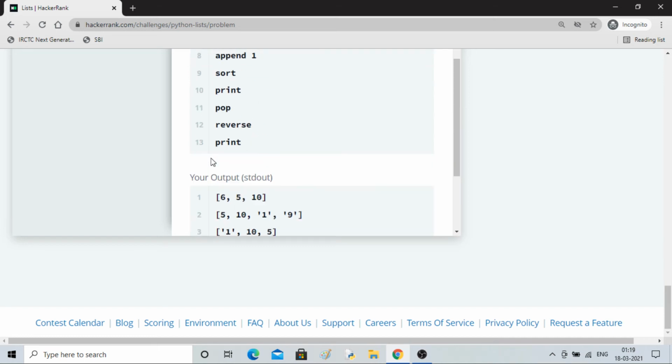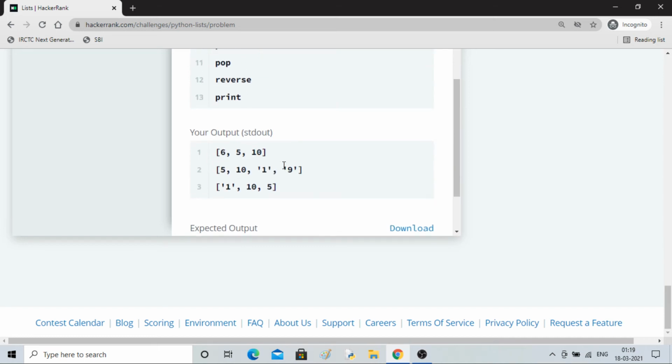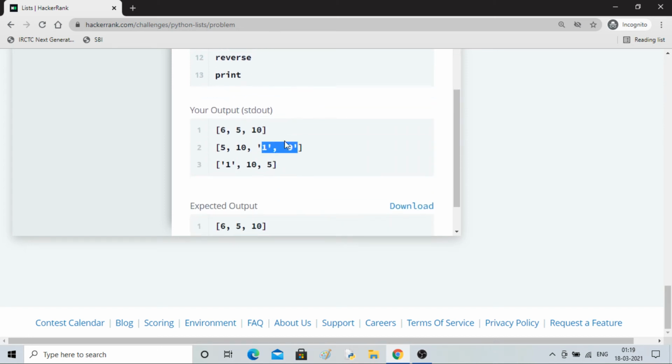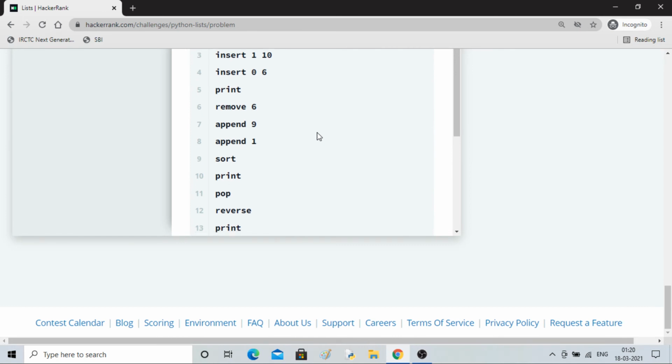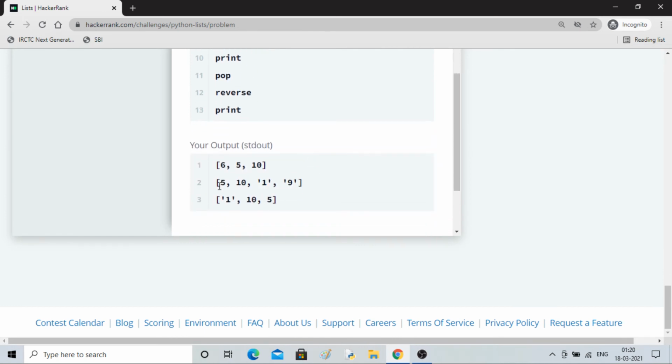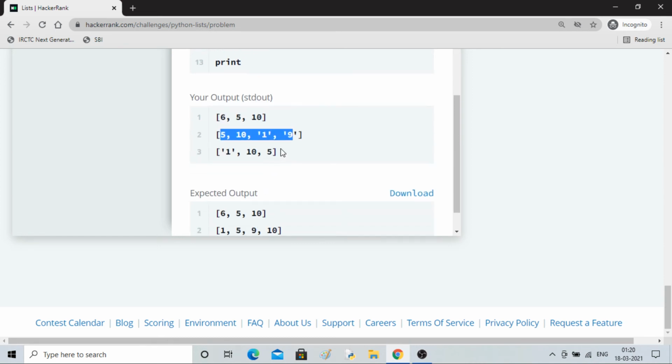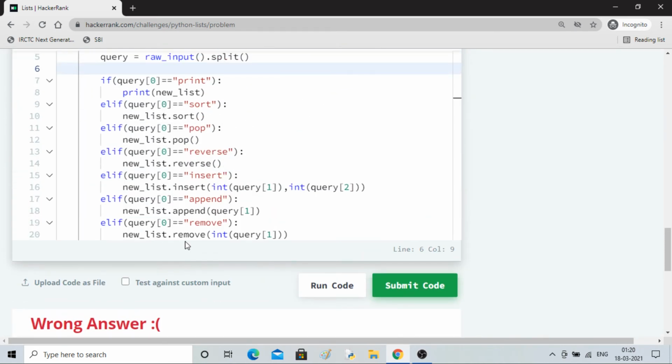Then remove: 6 is removed, then appended 9 and 1, 9 and 1 have been appended. Then sort and print. So it has not sorted, right? It should sort. The problem is sort.